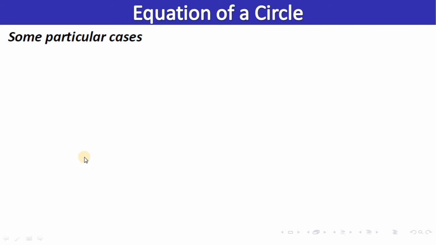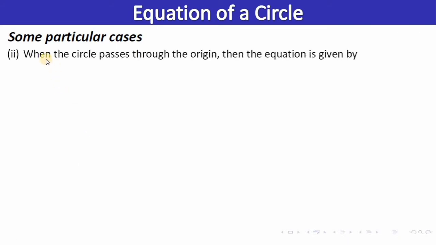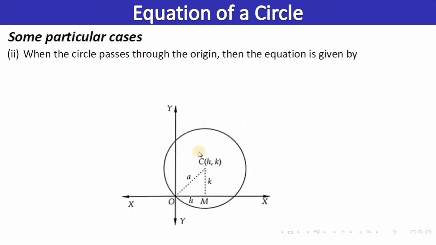So let's take the second case. The second case says when the circle passes through the origin, then the equation is given by... Let's try to understand the meaning of this. There's a circle with center h comma k which passes through the origin. Now let's understand the meaning of this h comma k. This means from here to here is h and from here to here is k, isn't it? That's how we measure our coordinates. First move h distance, then move k distance, then you'll get